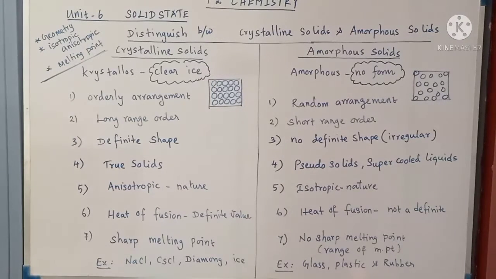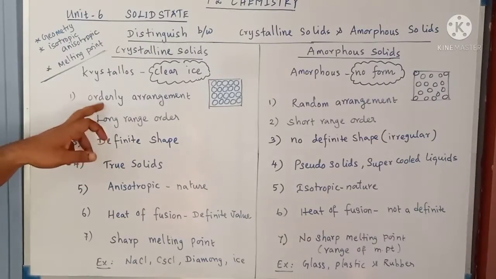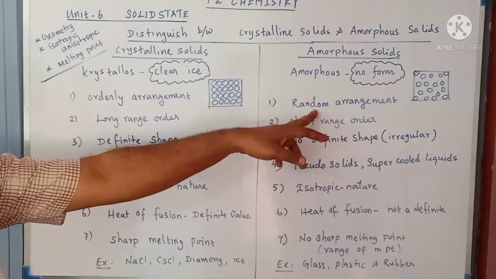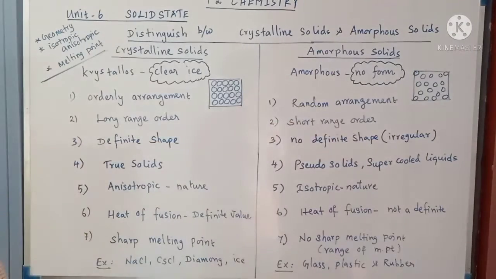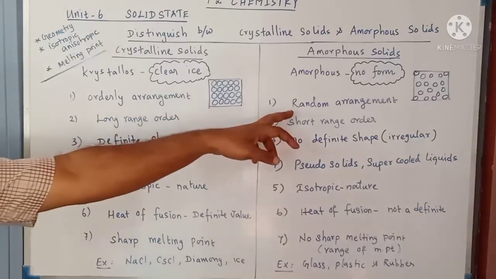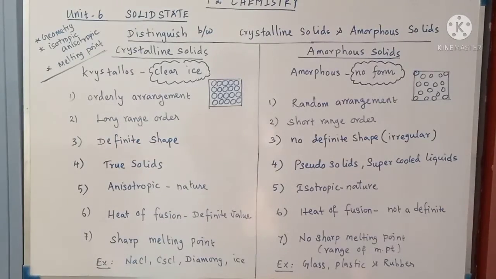Okay, so now let us see the basic differences between these two different types of solids. The first and important one: in crystalline solids, the constituent particles are arranged in an orderly manner. Constituent particles, in the sense, either atoms, ions or molecules, are arranged in an orderly manner. Whereas in amorphous solids, the particles are arranged in a disordered manner, or otherwise the particles are arranged in a random manner. So crystalline solid has an orderly arrangement of constituent particles, whereas amorphous solid has a random arrangement of constituent particles.